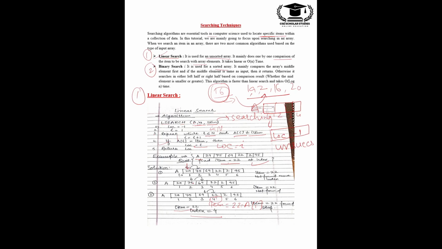This is how we perform the step by step searching of any particular element in the array and find the index of that particular element. If the element is not available in the given array, then we directly print the location is equal to -1, meaning searching is unsuccessful. That's why we initialize the location to -1 at the start of the algorithm. So this is the basic example of searching any element in the array.